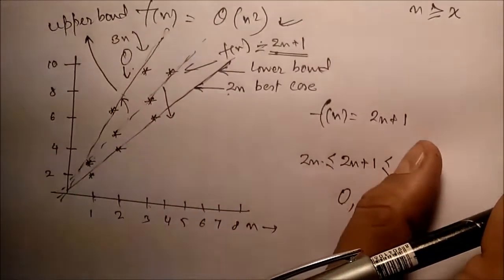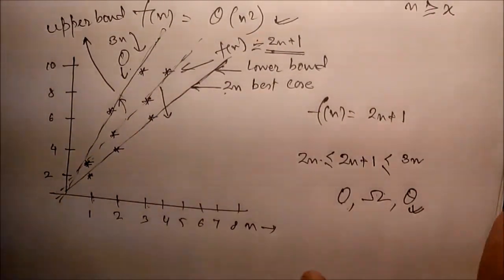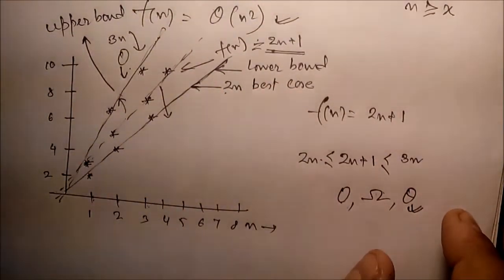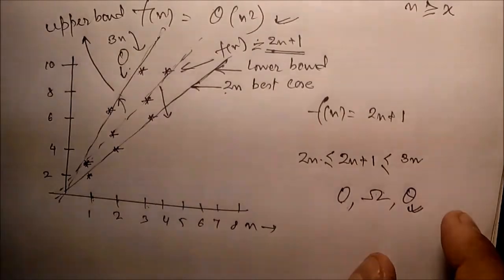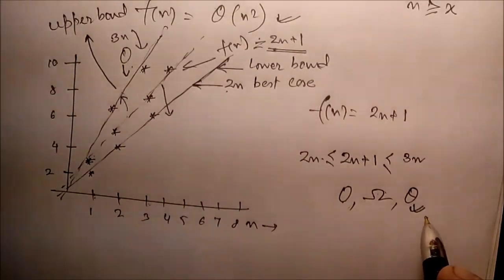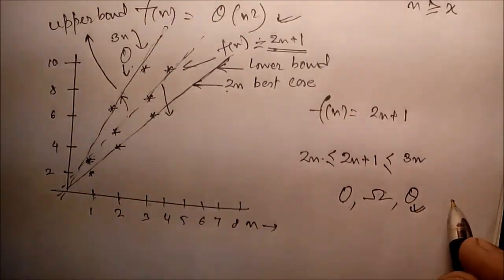If any algorithm has only a single complexity, meaning neither best case nor worst case, for example selection sort, in selection sort there is always one equation. In this case we may use theta notation. Similarly merge sort is n log n, so whatever the situation, it is always n log n. So to represent merge sort we use theta notation.